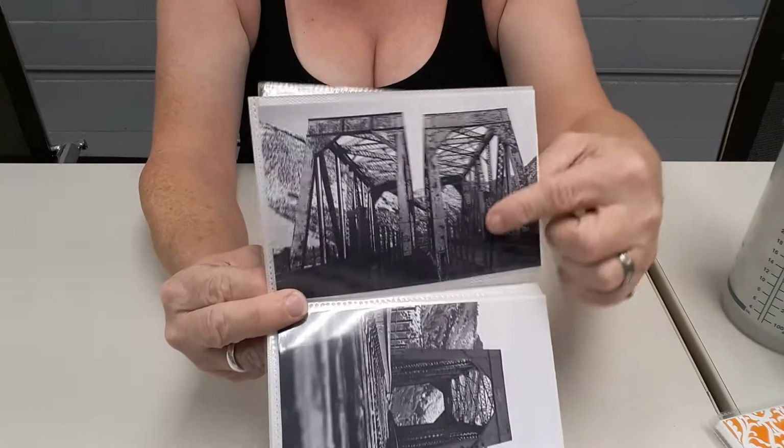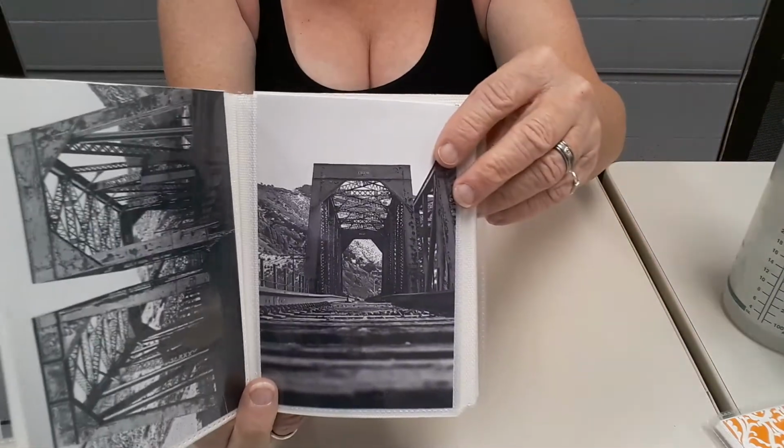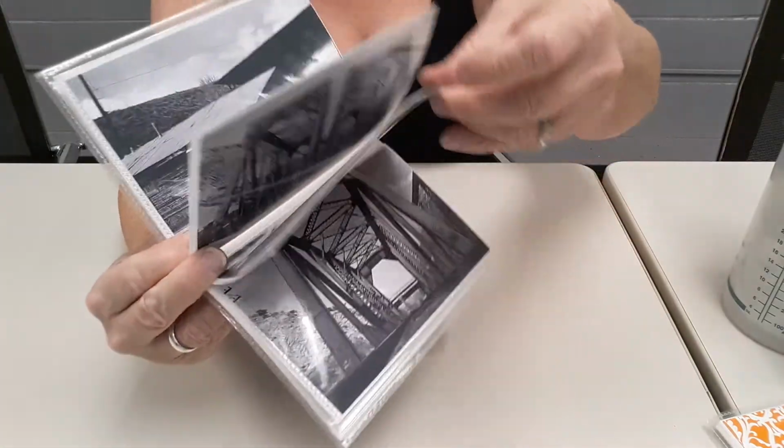I really love these bridges. But yeah, so